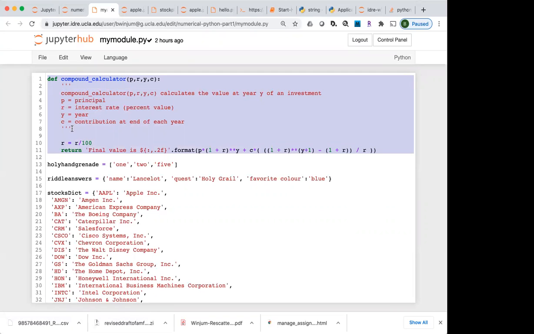This is just a string to document what compound calculator does. And you can tell by the indentation where the block of code ends. So all of this stuff, which is indented by the 4 spaces, is part of the function definition for compound calculator. These are the 2 kinds of lines that get executed in the function. This just modifies the interest rate, and then this prints this string,